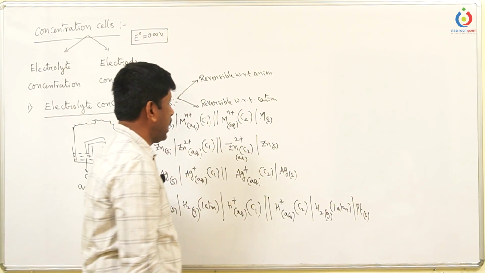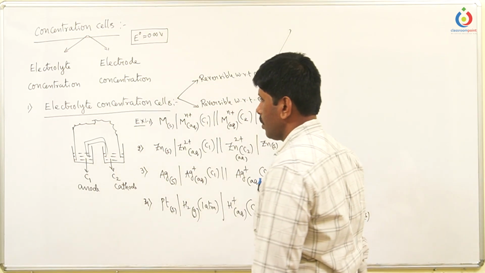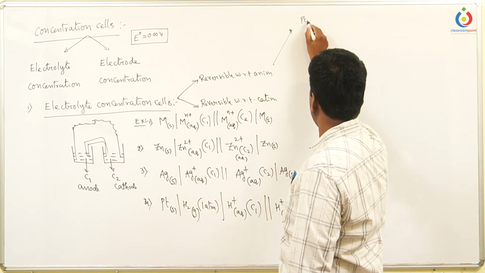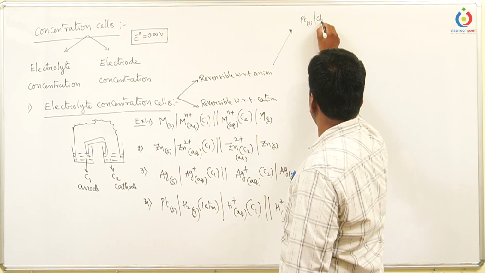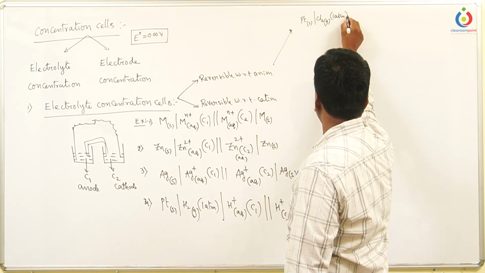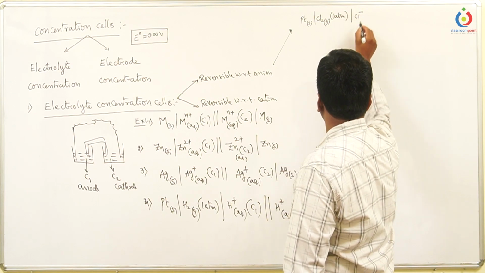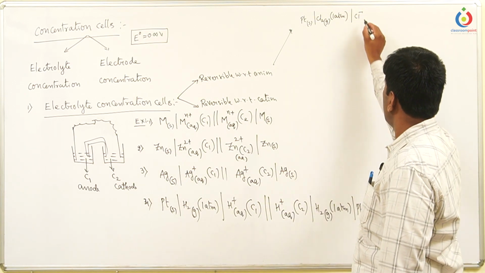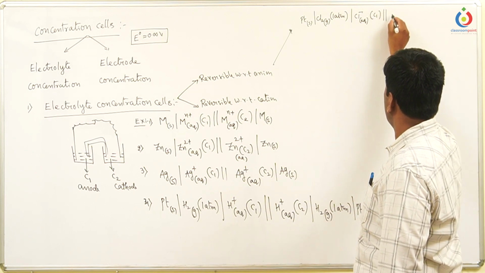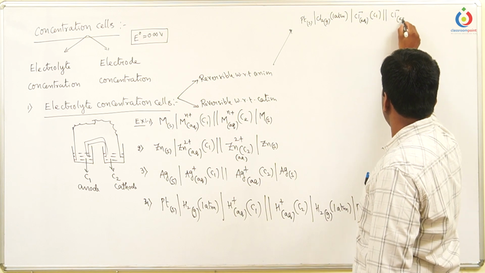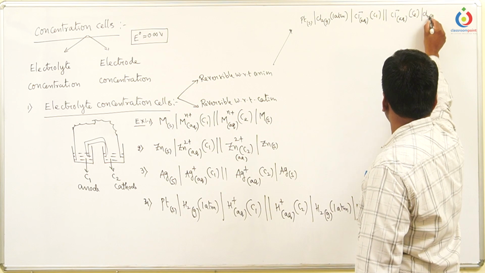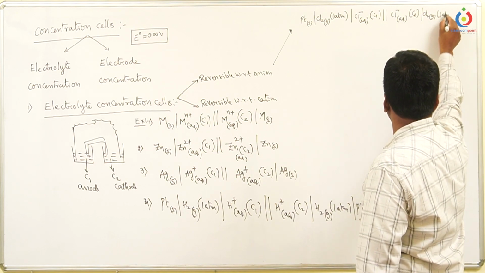Reversible with respect to the anion means here we can take the chlorine electrode. The chlorine electrode here is solid platinum on which chlorine gas is adsorbed. It has some pressure. Let us take it as 1 atmospheric pressure. Now chloride ion, the anion, is present in the aqueous form. Its concentration is C1. Next again anion, aqueous form, concentration is C2, Cl2 in gaseous state, 1 atmosphere I am considering